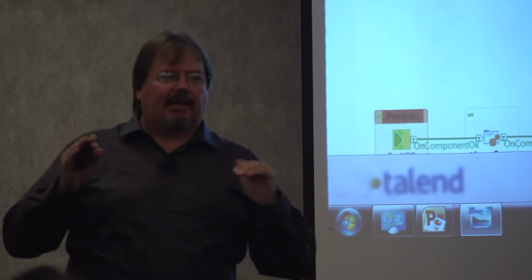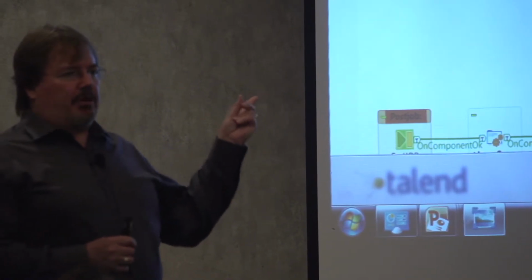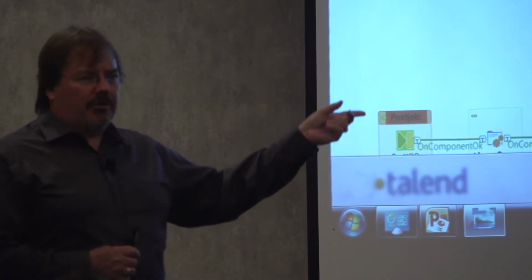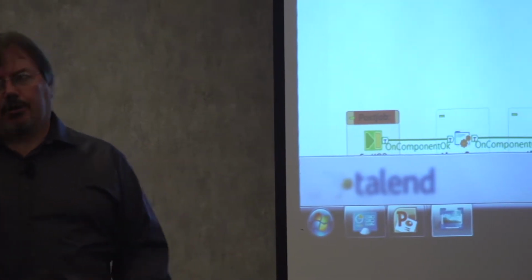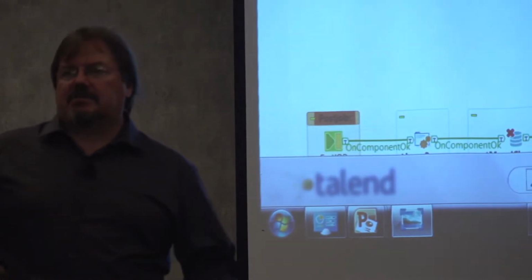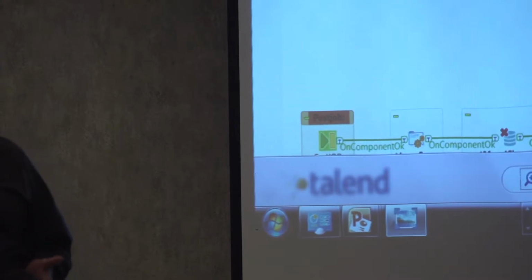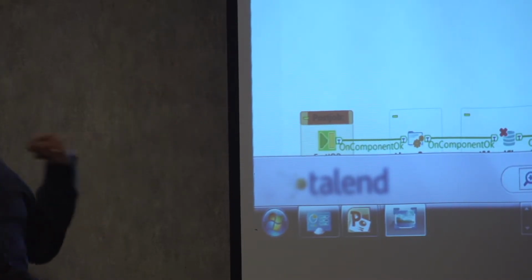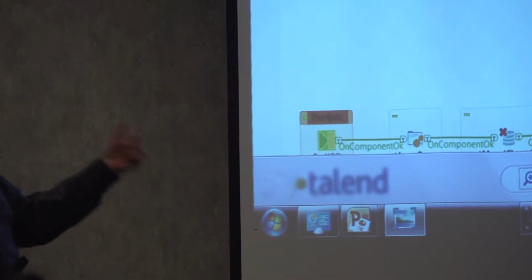And here's my recommendation. Find your loop, and at the very least, put your error handling there. Notice I'm not putting a tWarn or tDie on every component, because you really don't need to do that, right? That's a little bit over the top. So if you've got your loop identified and you're building your job around the loop, that's where you want to